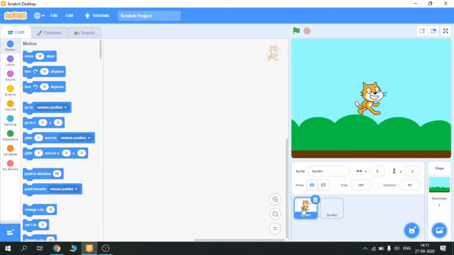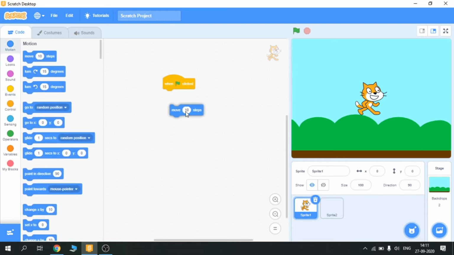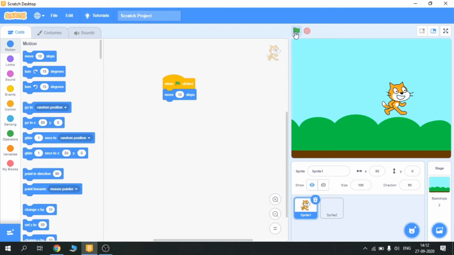So I have to go to sprite, and then I have to code. Okay, so I will go to when green flag clicked, move 10 steps. So it will move 10 steps. You can see he is moving 10 steps each time I click the green flag. Okay. So if you want to turn him 15 degrees, you can do this. Look, he is turning 15 degrees each time I am clicking this button.